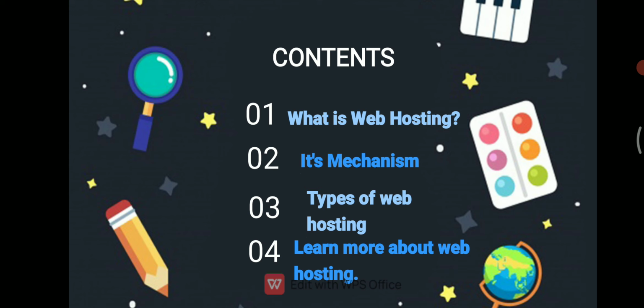Now, before understanding web hosting, we must always know what a web page is. A web page is nothing but a document. It is a hypertext document which is provided by the website and it can be displayed on a web browser. So you may have web browsers like Google Chrome, like Mozilla Firefox. These are the different web browsers which we use to run our HTML program on which the output is seen, and that page which is displayed is your web page.